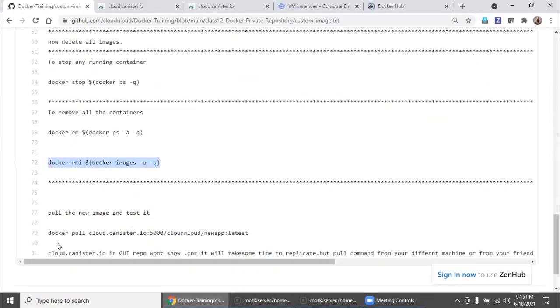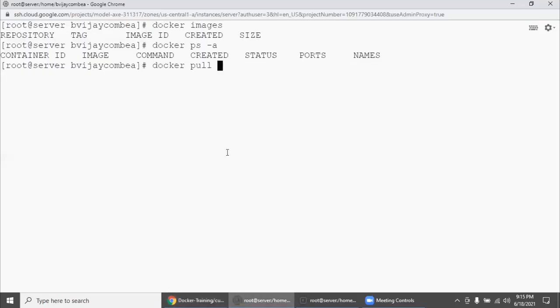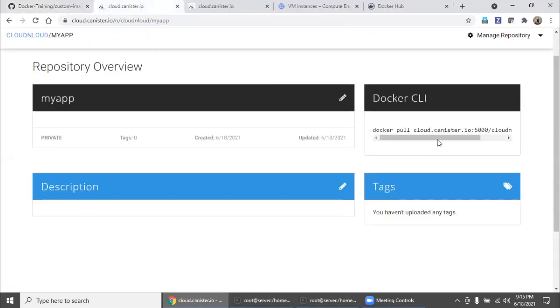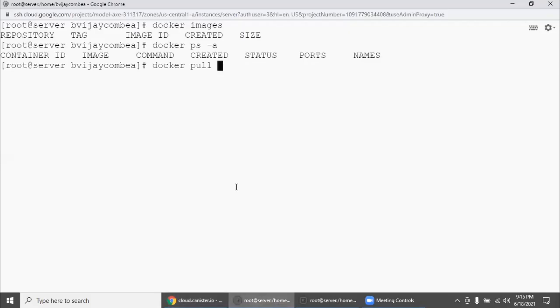Now you pull the image. Let's see what is going to happen. This is the app, so go here, colon version 1.0.